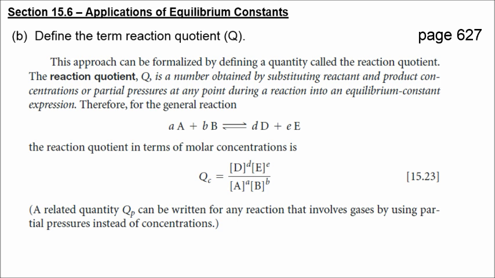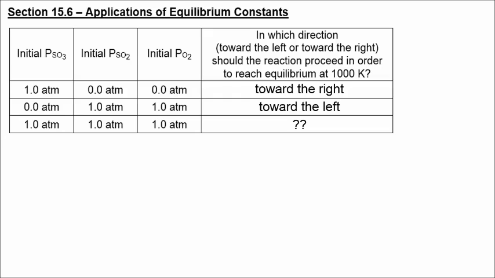So on page 627, they define the reaction quotient as a number obtained by substituting the reactant and product concentrations or partial pressures at any point during a reaction into the equilibrium constant expression. So the Q has to do with where you are right now, not necessarily where you are at equilibrium. Okay, let's take a look at the scenario one more time when you have one atmosphere of each of those